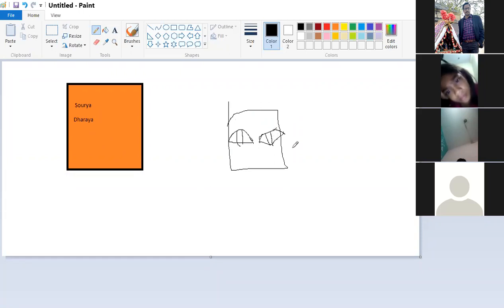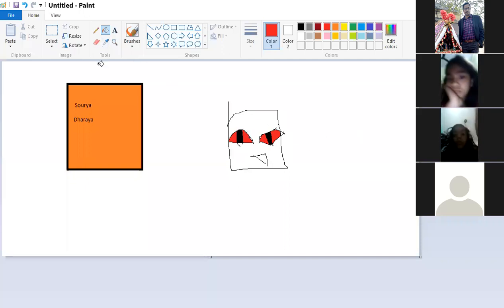Now after drawing this particular figure, if I want to fill the eyes black, I'll go to fill with color and put it over here. You see, my eyes will become black. So this is called fill with color. Filling with any color is possible. Like other parts of the eyes, if I want to make them red, I can go over here, red. Now this is red. So you can see the figure, and there are some boundaries I have created with the help of the pencil, and then I filled them up with the help of color.